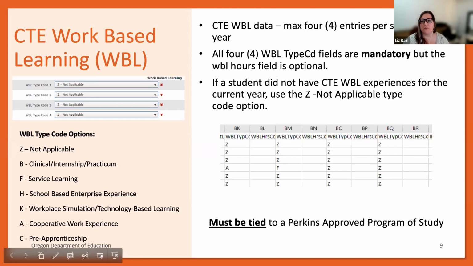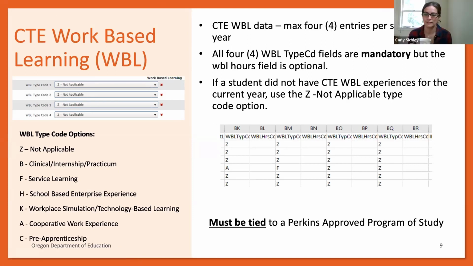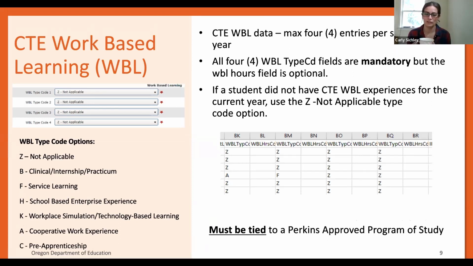And those must be tied to a Perkins approved program of study. We know that students have multiple opportunities to do things that could be work-based learning type activities, so we clarify that what is being reported needs to be tied to a program of study for CTE.